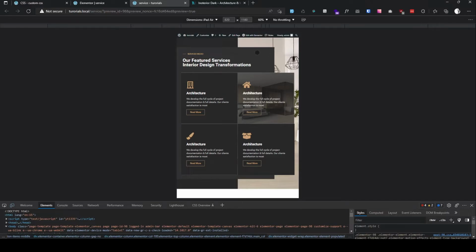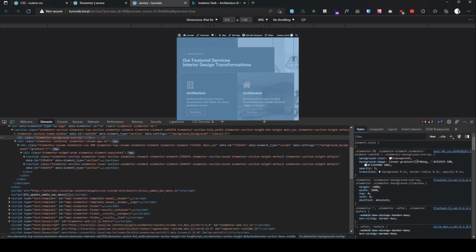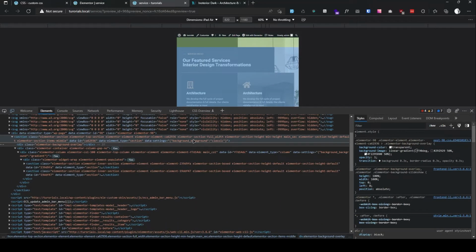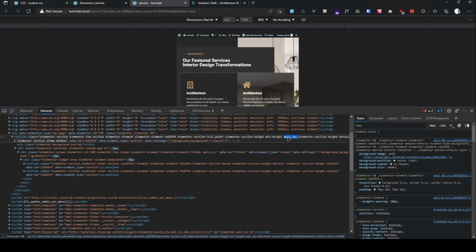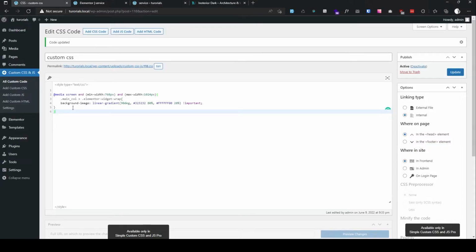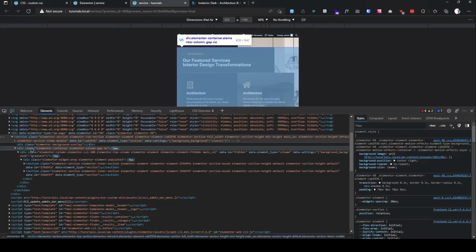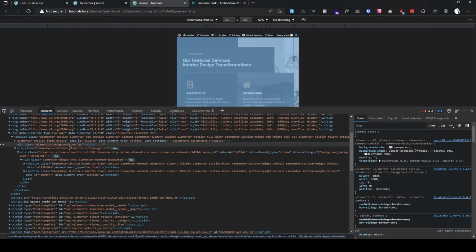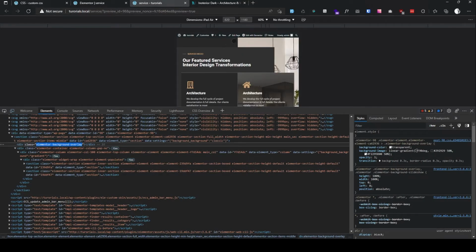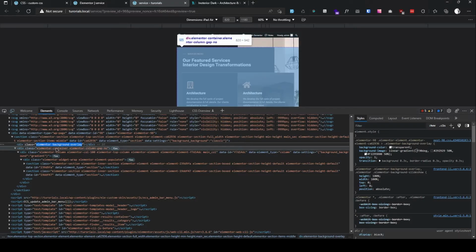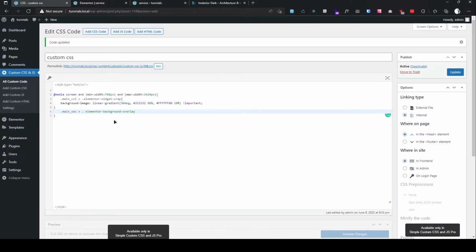Okay. You can also make this 100% to cover the entire area, and also you can adjust the main section area. Same to change the main section, select this main sec class, main sec, and then the greater than sign to select this. We need to select this Elementor background overlay because we have applied an overlay on that area. Okay, so select this Elementor overlay,